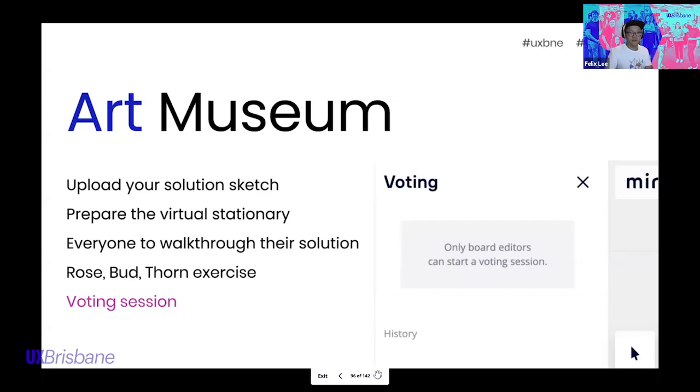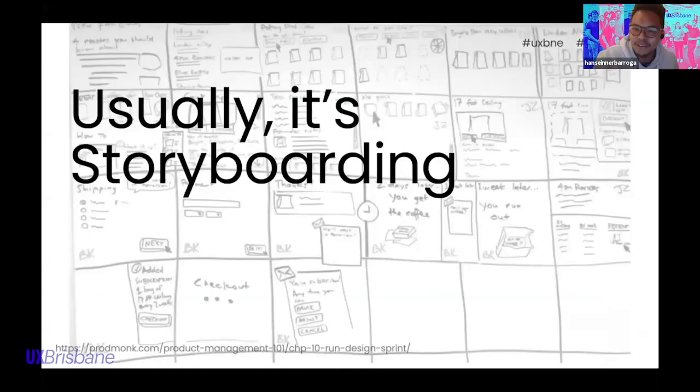And moving on next, we have storyboarding. All right. Now, once you have a solution in mind and it's all been voted for and you're ready to put this together, usually you're storyboarding your solution. You're trying to flesh out what this might be like. So it sort of looks like this here. And if we go to the next slide,